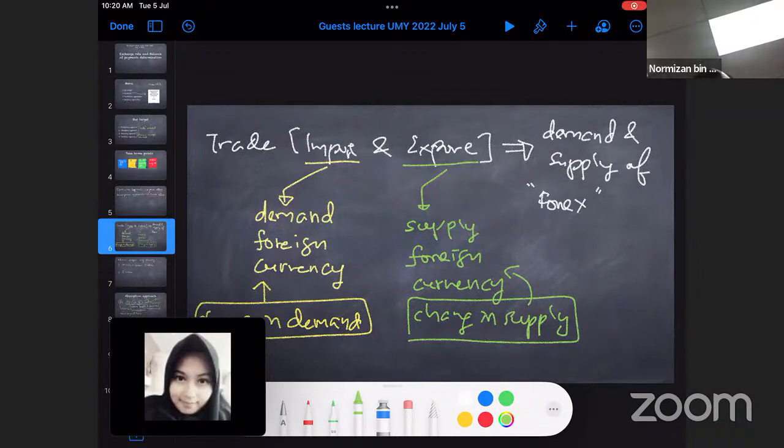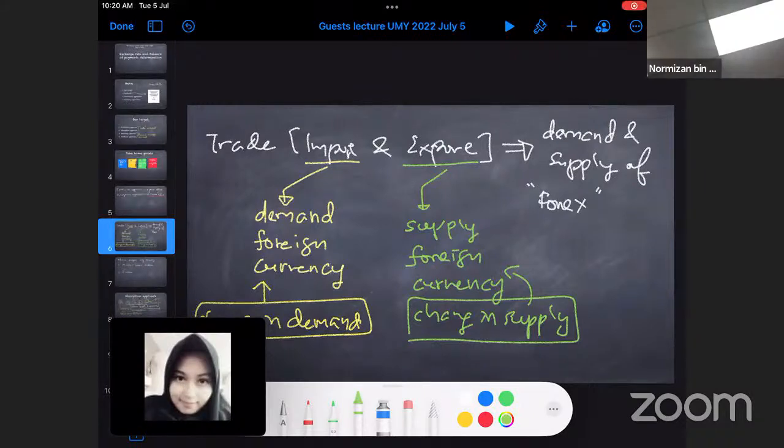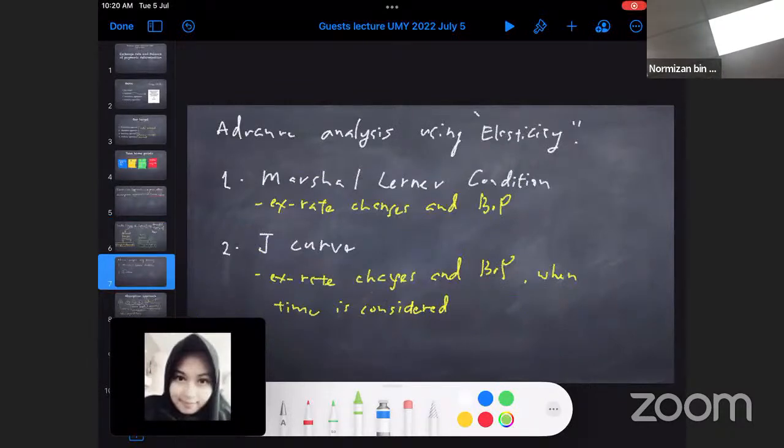So by having this first approach, we can analyze the change in import, the change in export, and the change of exchange rate effect, the dual effects of these two factors, import and export. And the advanced analysis of the elasticity can be seen from the analysis of the Marshall-Lerner condition. Okay, so Marshall-Lerner condition is the advanced analysis of the elasticity, where we can see the effects of exchange rate and the balance of payment. Okay, whether the change in exchange rate will change the balance of payment, that is, will change the current account